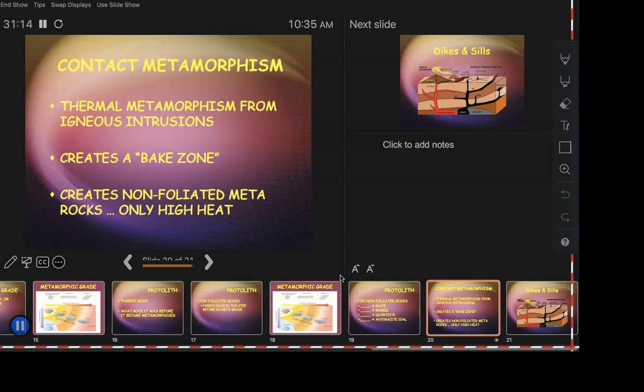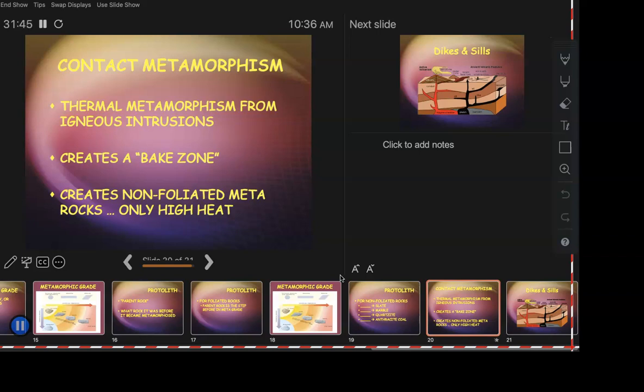So if that magma intrudes into some pre-existing rock, it has to, or it couldn't intrude, right? It's going to change it. That bake zone, that area around it, is going to get altered. If it intrudes into limestone, it's going to make a layer of marble. If it intrudes into sandstone, it's going to make a layer of quartzite. If it intrudes into a mudstone or shale, it might likely turn it into a slate. Okay?